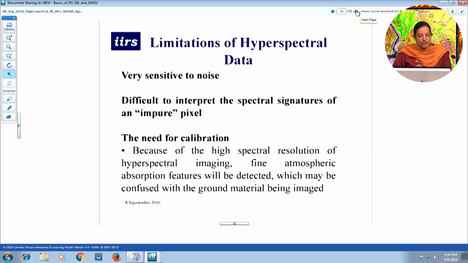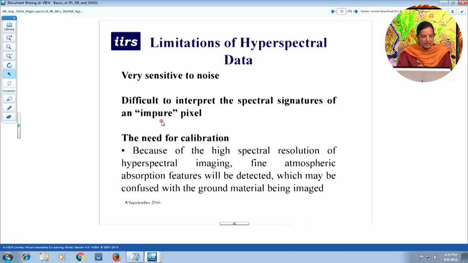And what are the limitations of hyperspectral data? Since we have a large volume of data, as we saw in the visible itself, you have a large number of bands, so there will be redundancy. It is also very sensitive to noise. And the main issue is that most of the hyperspectral sensors which are space-borne are of moderate spatial resolution. So in those cases, what do you have? You will get a